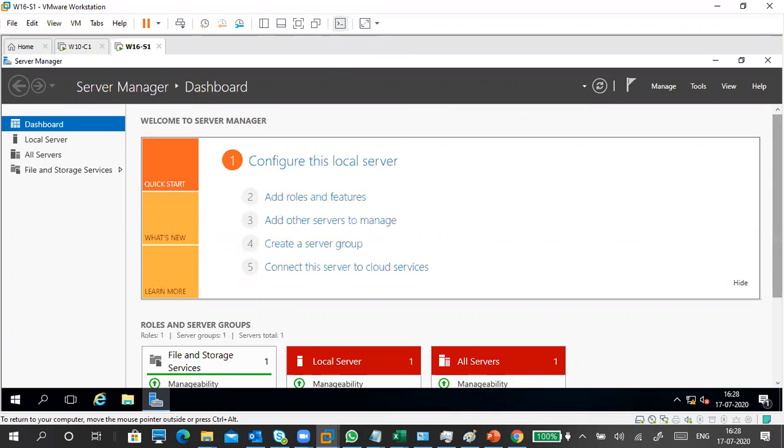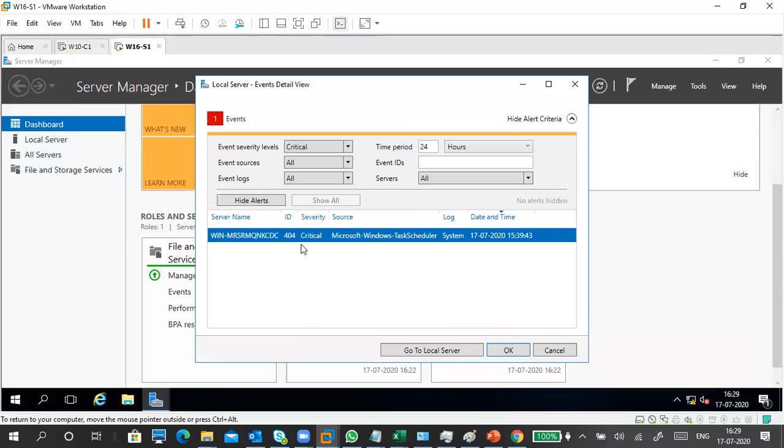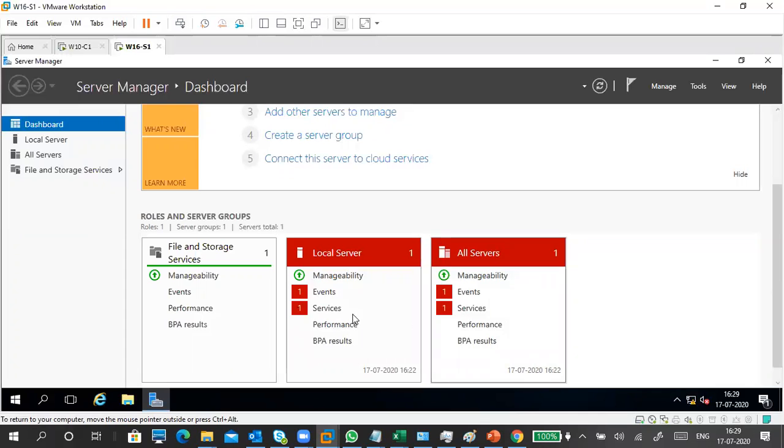This is roles. What roles are installed? If you see red in color, it means there is an issue belonging to it. Event and service management, there is an issue. So immediately you can go through that and resolve the issues. For example, Event Manager, something critical, Task Scheduler, some issue is there. So you have to find it and solve it. And this is also service related.